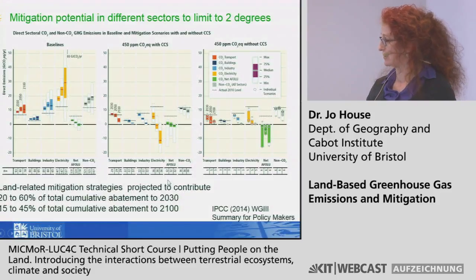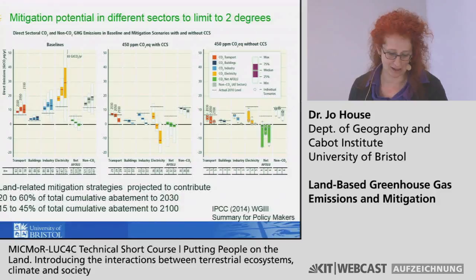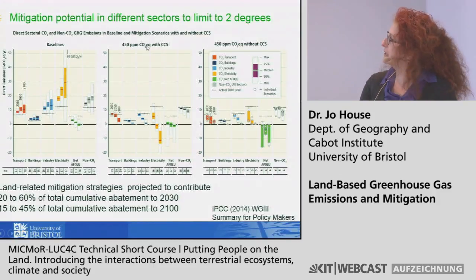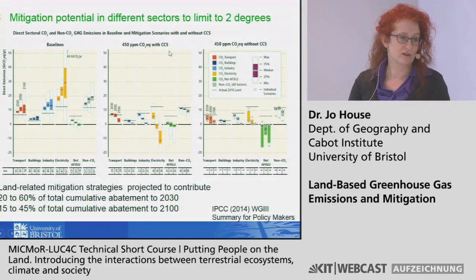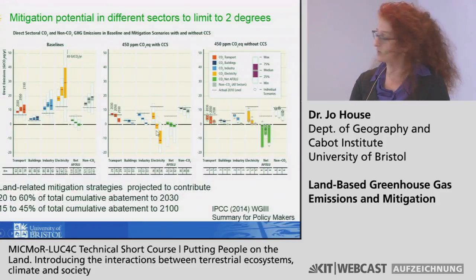Okay, so this is the IPCC results. There's just a quick couple of things I want to pick out here. It's just to turn it back around and bring it into perspective. So mitigation in different sectors: transport, buildings, and here we are, net AFOLU, predictably in green. We've got baseline emissions, business as usual, what would happen going out into the future in the 2030s, 50s, and by 2100. This is to limit it to 450 ppm, so this is your 2 degrees. These are the results from all the integrated assessment models that were run that had 2 degrees, and kept to 2 degrees, with carbon capture and storage.